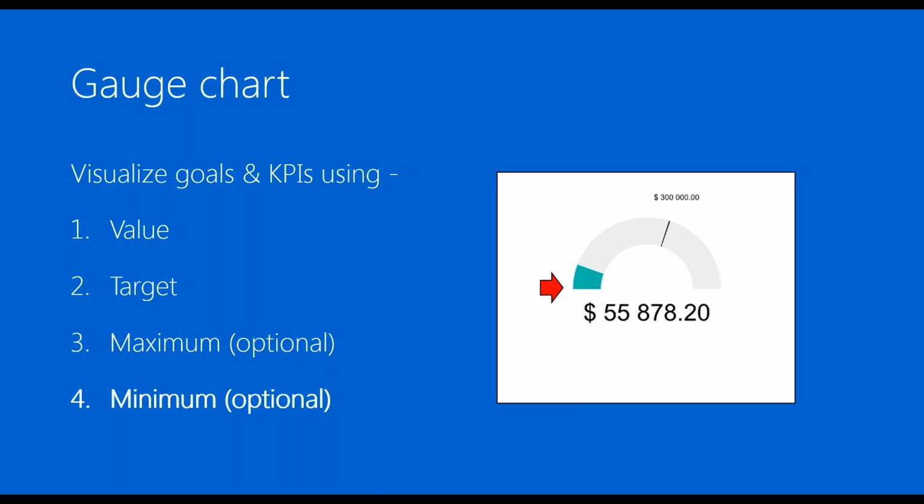This is for when I know, for example, that my values will be more than $50,000, so I can always set the minimum there. I will show you a demo of this one, and hopefully this will be clear what each of these options